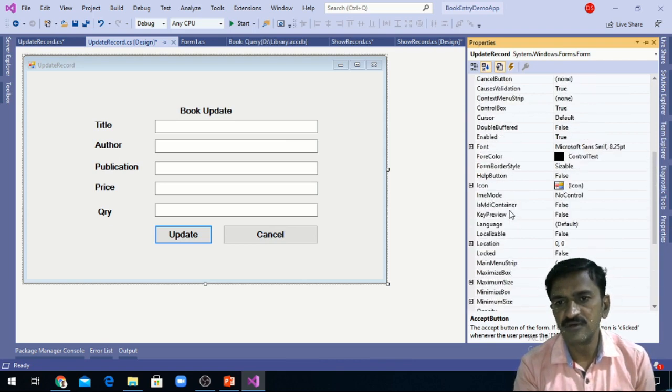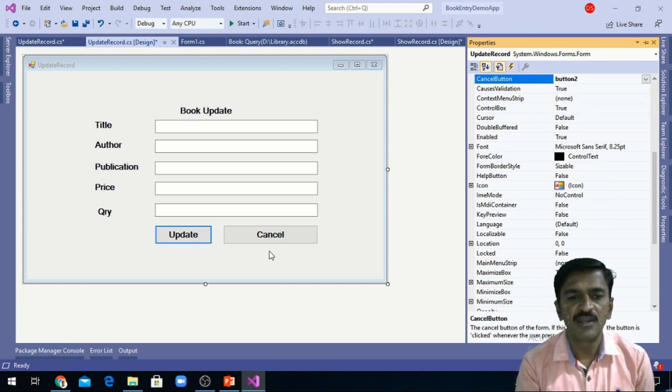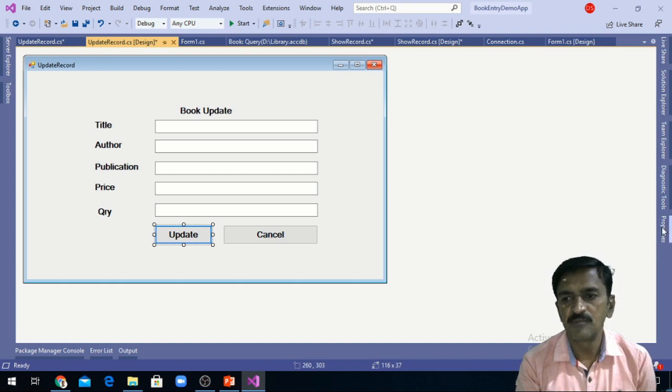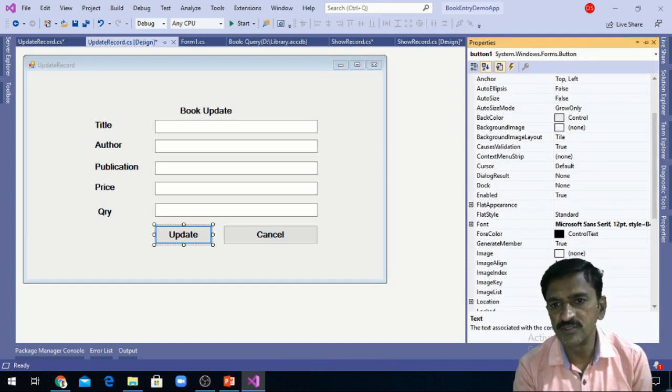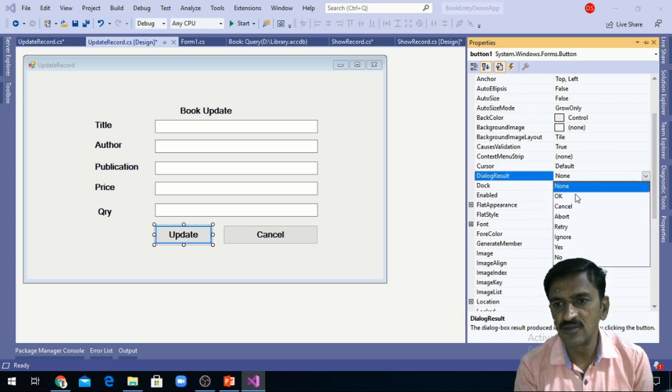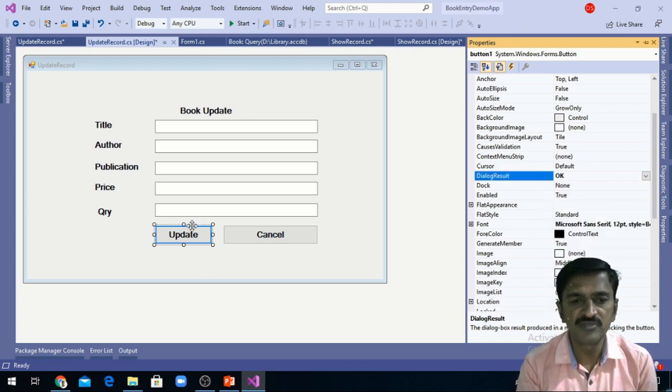There is a cancel button property. So here that cancel button is equal to button 2, and to the first button I am going to specify the dialog result as OK. So this button now works as a OK button.